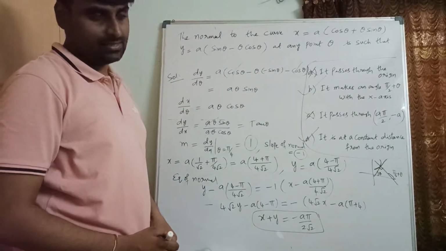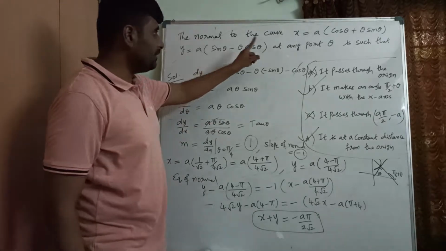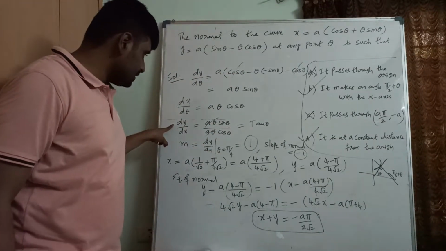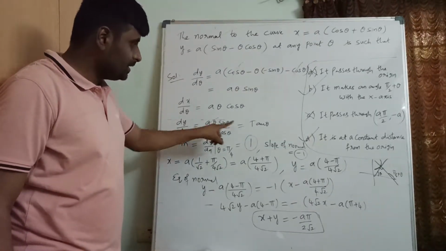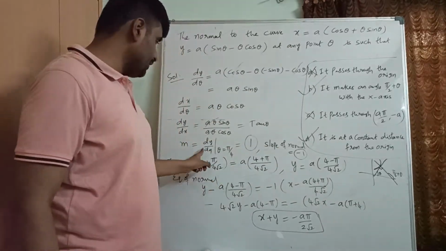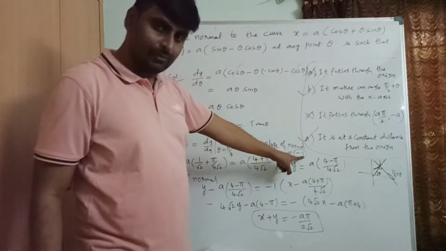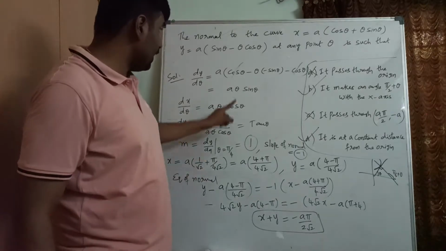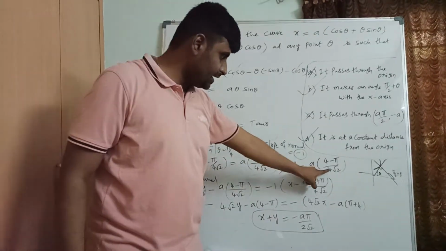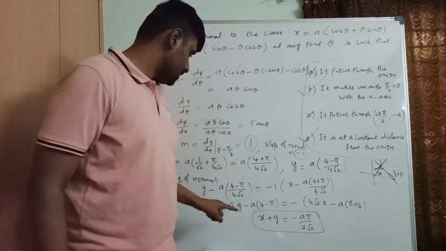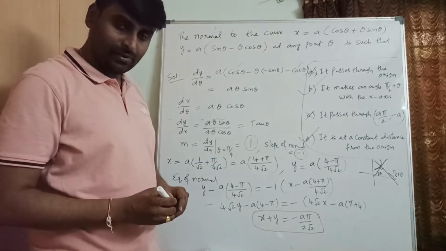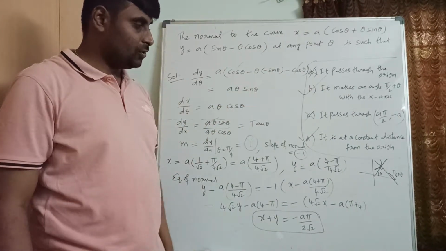It's very easy. Now whenever you are given parametric form, we have to make it fast, finding dy by dx, tan theta. Let us substitute theta equal to pi by 4. Theta can be anything. If I substitute pi by 4, slope is 1, so slope of normal will be minus 1. Let us make the point now: x coordinate is this, y coordinate is this. This is the point. Y minus y1 equal to m into x minus x1. So we can get the equation of normal, and from that we can verify the option.